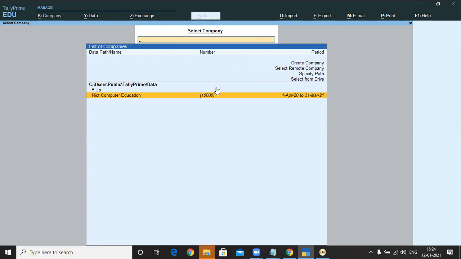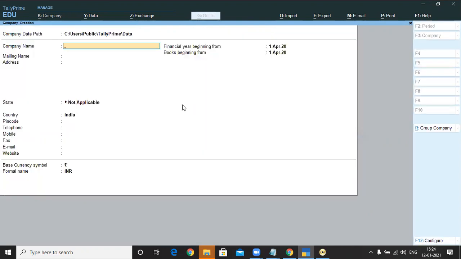Next, if I would like to create one more company with a security parameter, select Create Company. Here there are no security levels.